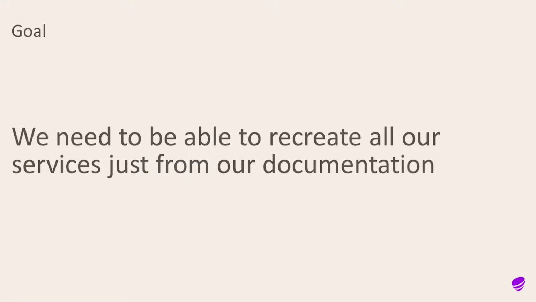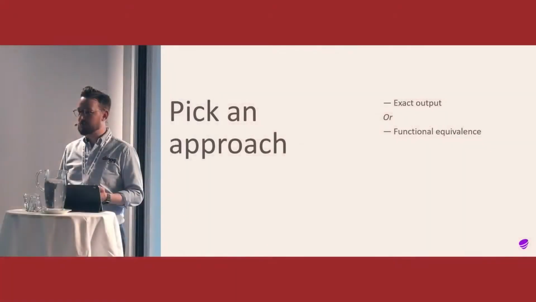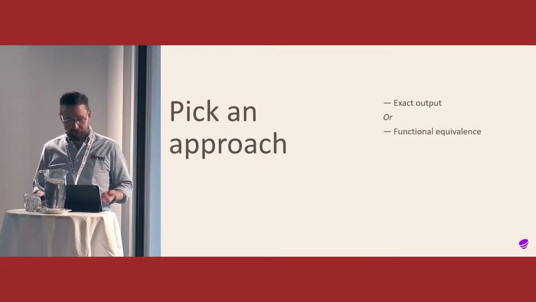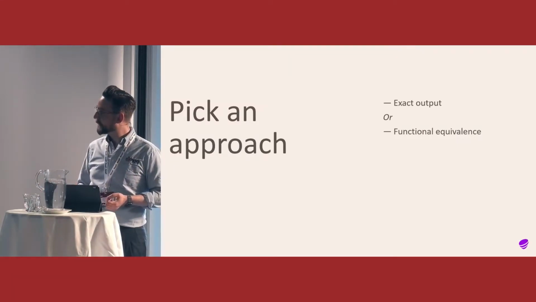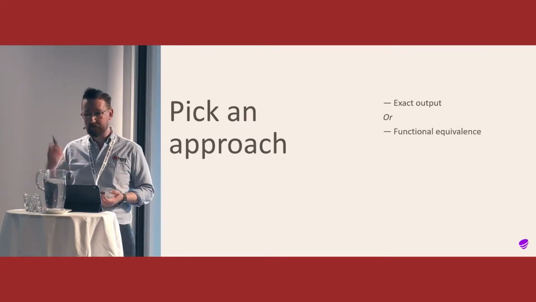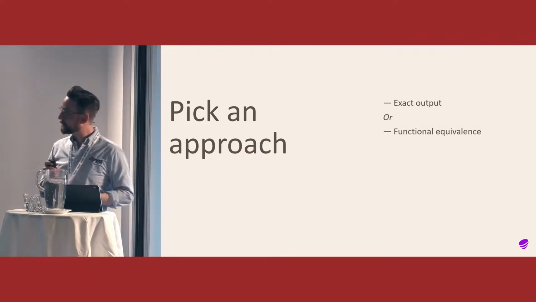But the thing is, when you start this work, you need to pick an approach. Let's see, I'm getting ahead of myself here. You need to make a choice, basically. Do you want to automate in the way where you reproduce what's in the network? Or do you go for an approach where you create a new configuration standard, something that's simpler to automate, one common standard to rule them all style? And it might be extremely tempting to go for this functional equivalence road, just saying, it's too inconsistent in our network, we can't automate this, let's just make something new. However, I would actually advise some caution there.